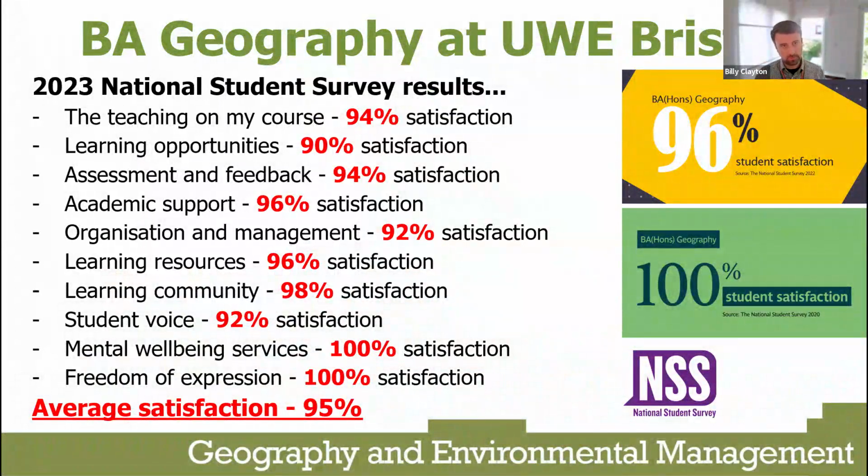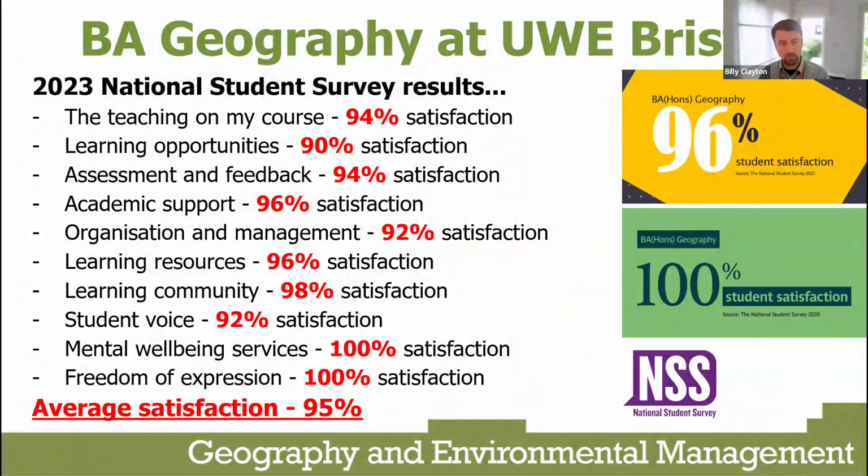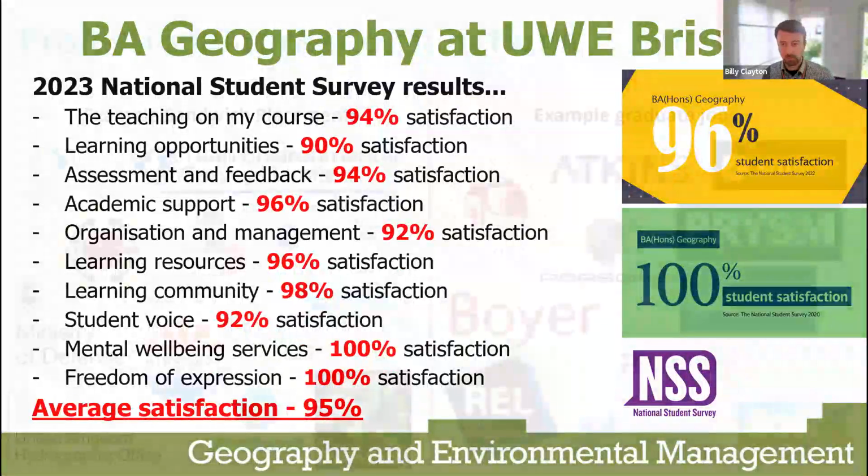We're very lucky on geography to have very high student satisfaction. In the UK, we have something called the NSS, the National Student Survey. And for the last 5 to 10 years, human geography has been scoring in the high 90s for student satisfaction across the course. And last year, we got an average satisfaction of 95% with the teaching categories across the course. So we're very happy with that, and we're lucky that our student experience is so high on the programme.